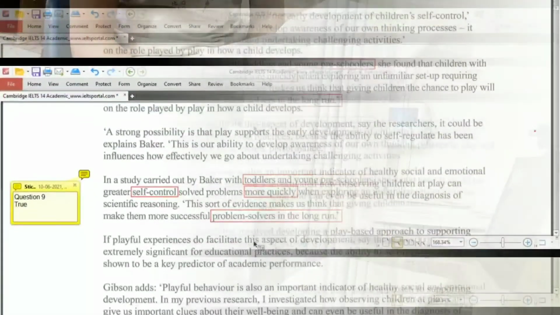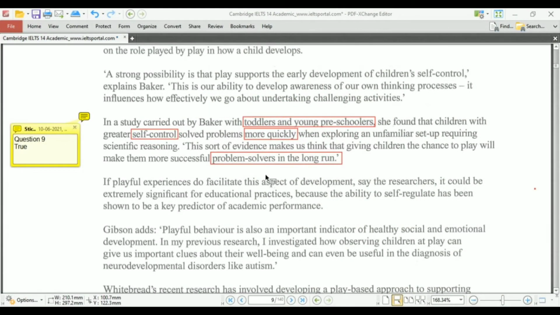So in true, false and not given, first let's see the video for not given. Now I have taken the same example again, and now I will tell you how this situation becomes not given. Not given means the thing is similar to the question, or we can say the thing is incomplete. Now let's see the values. If they have talked about these both things, but they have not talked about this one, in the future, in the long run, which was already discussed in the question, then this will become not given, because the data was inappropriate, or we can say incomplete.